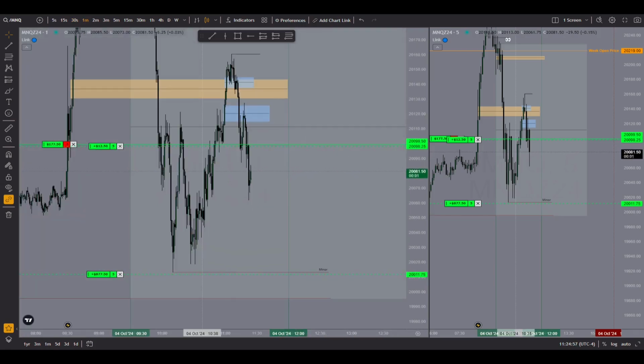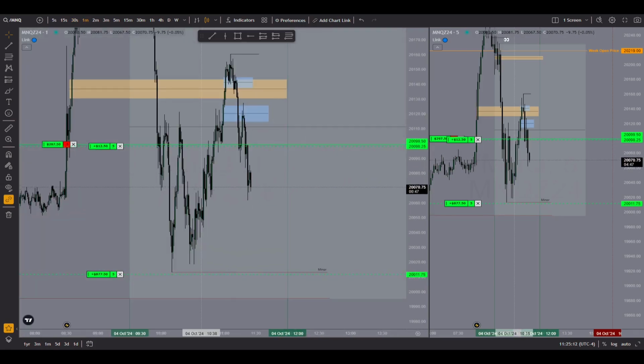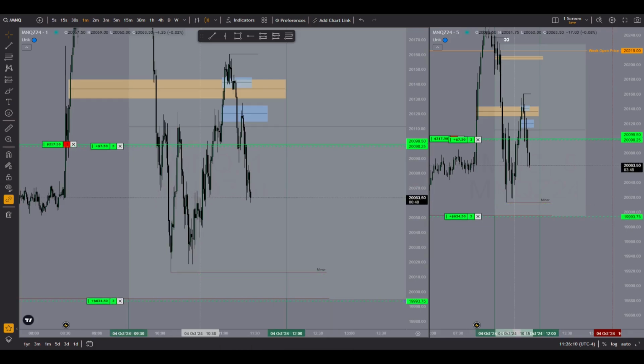But see, you're looking at it differently. You're looking at it through the lens of retail. Like, it's going to go there because there's a big number there. That's bullshit. That's how you get tricked. That's how you fall victim to that nonsense.